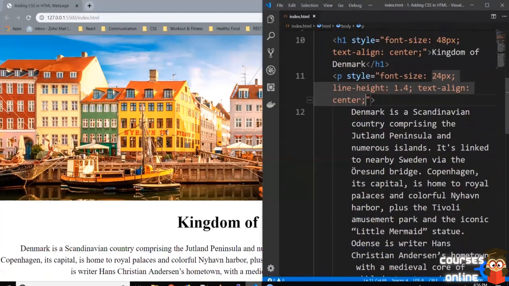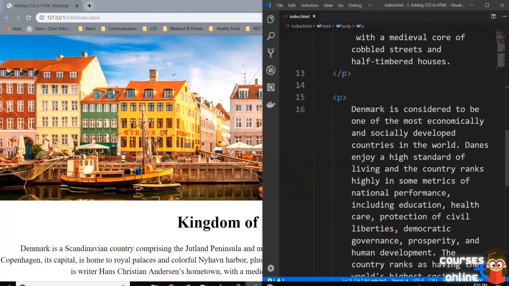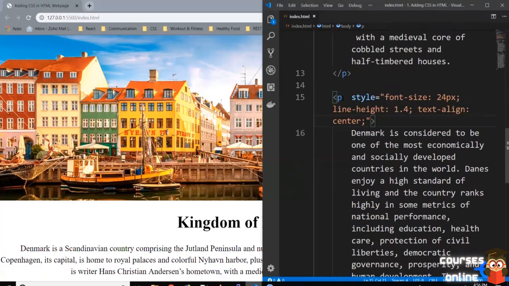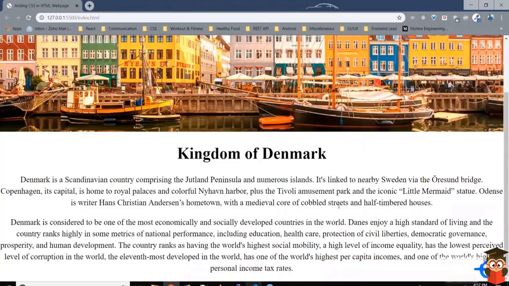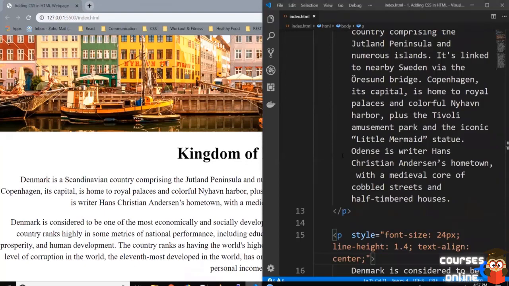All right, let's add some more stylings. So let's just copy this style for the next paragraph as well. Let's save it here. And as you can see, both of our paragraphs have the same styling. Let's add a bit of padding on both inside. So coming back here,